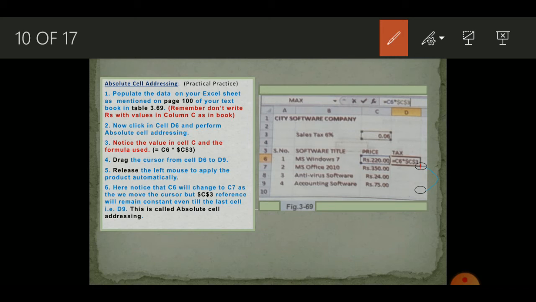Now for the first cell, click in the first cell where we are going to generate our result. Now type the equal sign. Now write the name of the relative cell. Remember, the relative cell is the cell beside the other cell. So this is the cell that we are interested in with the value 220. So we'll write the name of the cell, which is C6.